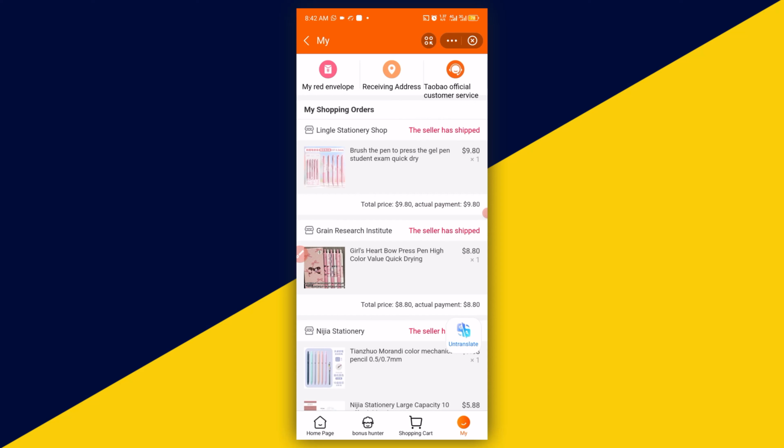It's that simple. For more tutorials, tips and tricks on how best to use Taobao and Alipay,